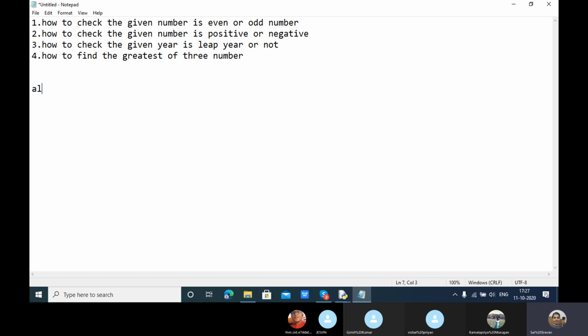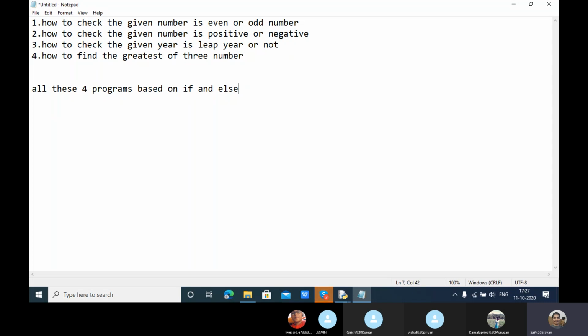All four are based on if and else conditions. Some small logic you have to apply, and if you apply that logic, you can easily do it. So try to do these programs.